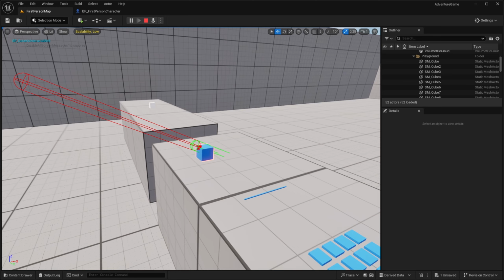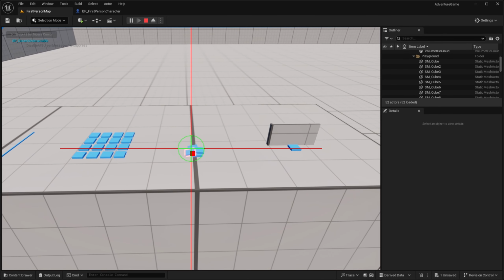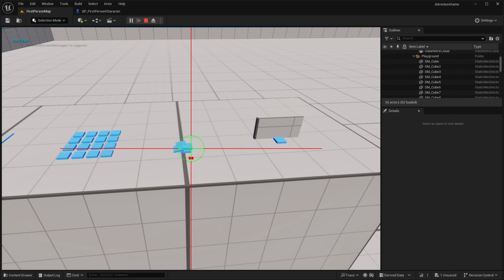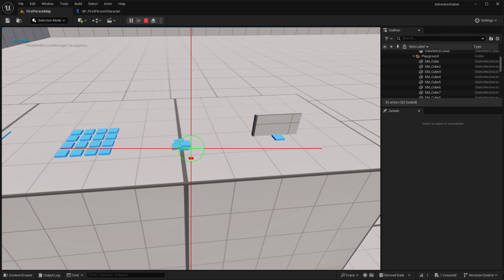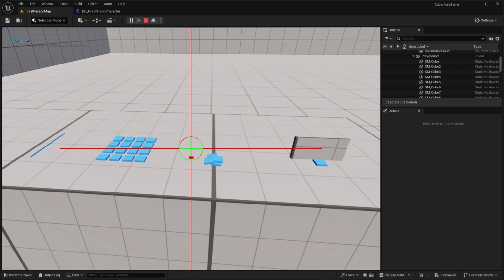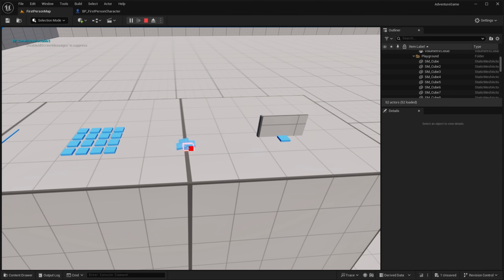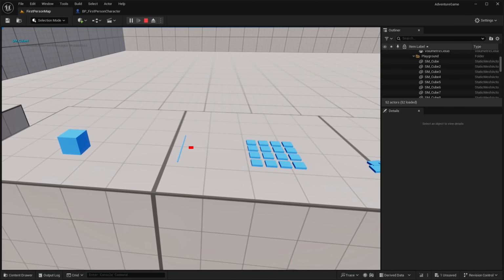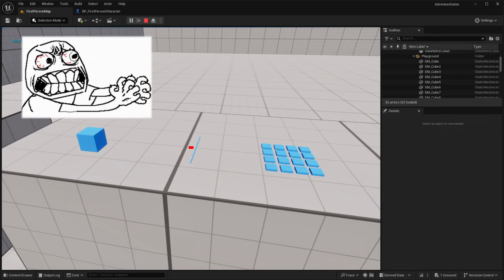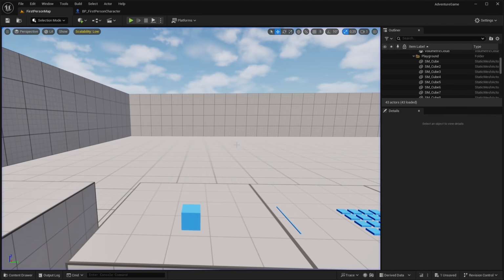It's a perfectly valid approach, but it can be frustrating when you have a clutter of interactables and want to select a specific one. Your sphere trace might collide with every other object and not the one you want. You can reduce the radius in case of a sphere trace or switch to a line trace for pixel-perfect precision. But it will become an exercise in frustration if the object is small or weirdly shaped, especially if you play with a controller. The way I will do it is by first creating a custom object channel dedicated to interactable